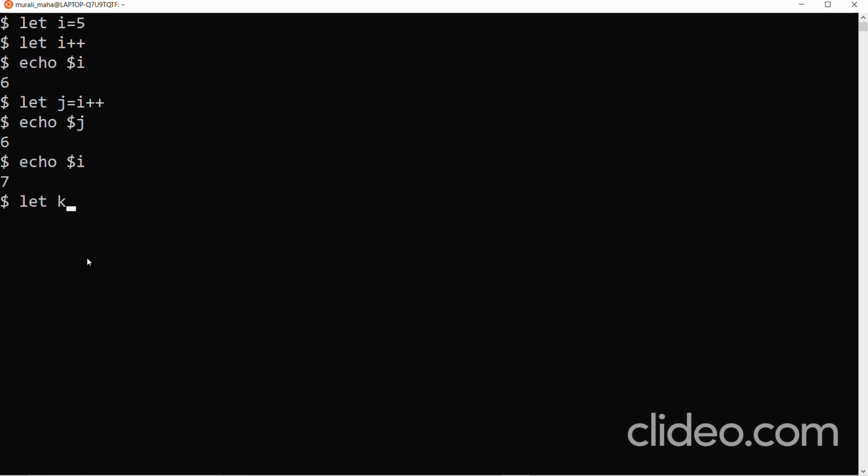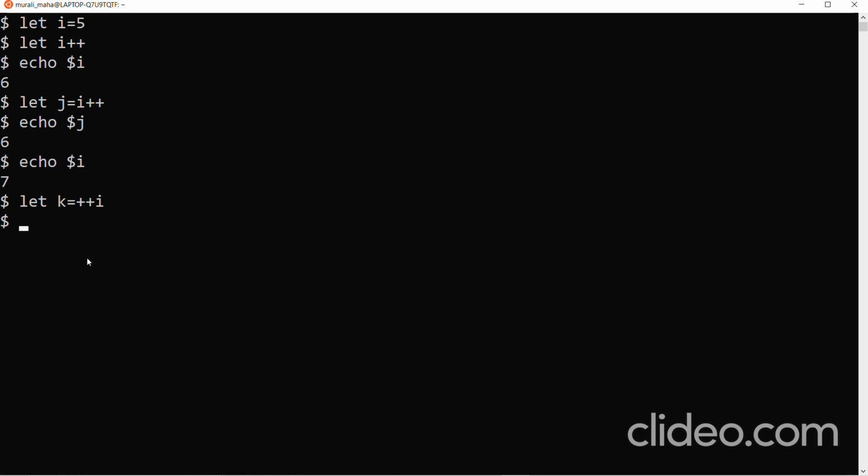What is the current value of i? 7. Let k equal to ++i. Now what should be the value of k? This is the prefix incrementing operator, the pre-incrementing operator. First it increments, then assigns the result to k. Before assigning, it will increment. i++ means first assign and then increment. Here, first increment the right-hand side, then assign.